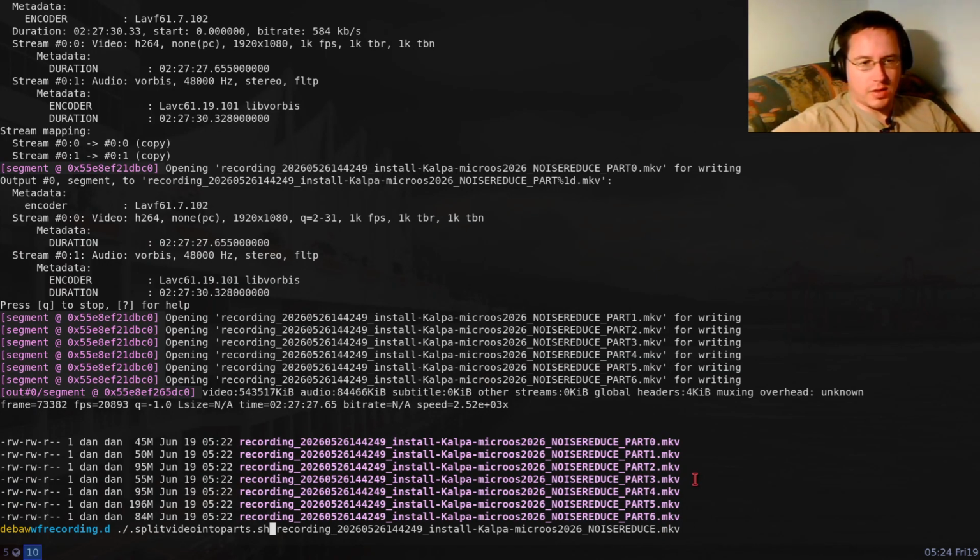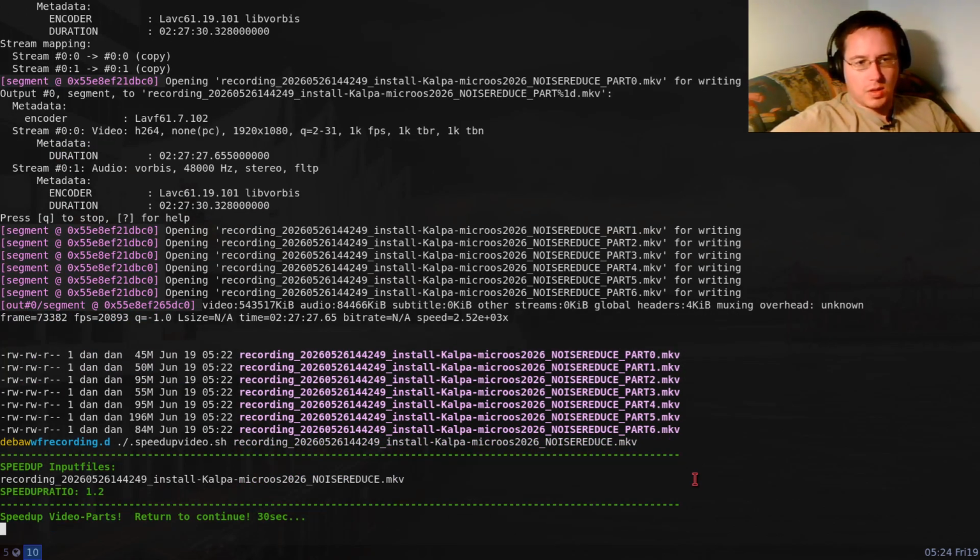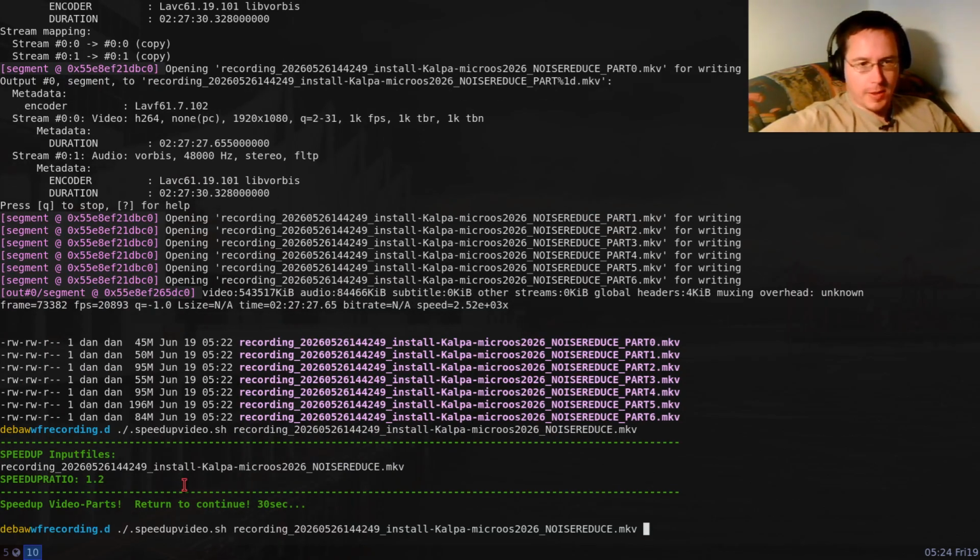So let's, for example, do the speedup, and then speedup is re-encoding in this case. So this needs more time, and here I have speedup ratio 1.2, for example, and then it would speed up. And at the end, I execute the concatenate